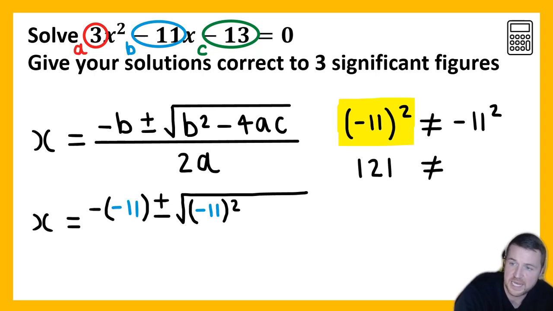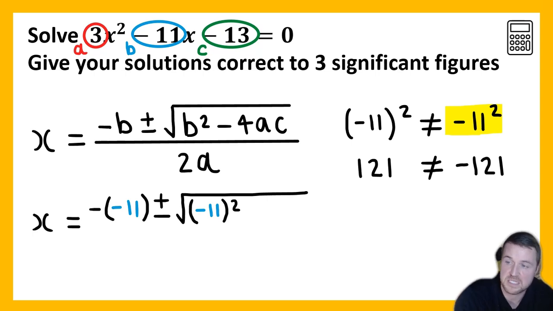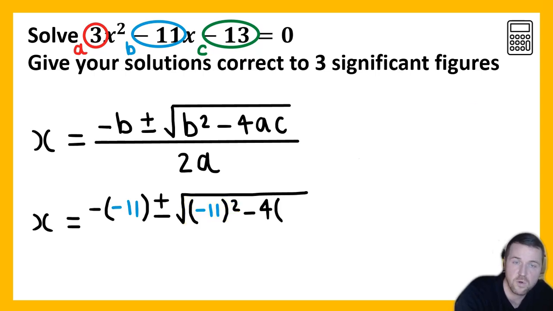This is not the same as the version without a bracket, as BIDMAS will get us to do indices first, which is 11 squared, 121, before multiplying through by negative 1 and giving us negative 121. This is usually the most common misconception with these types of questions, but can be avoided by using a bracket as we've outlined here. Minus 4 lots of a,